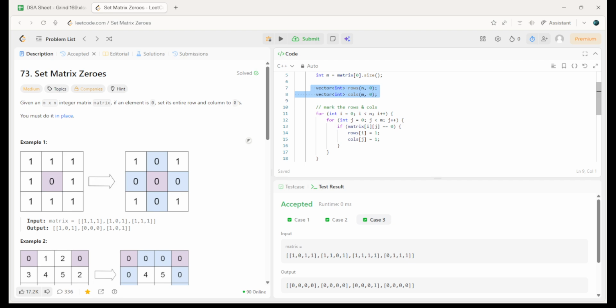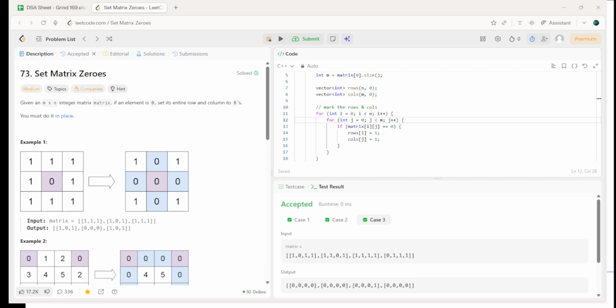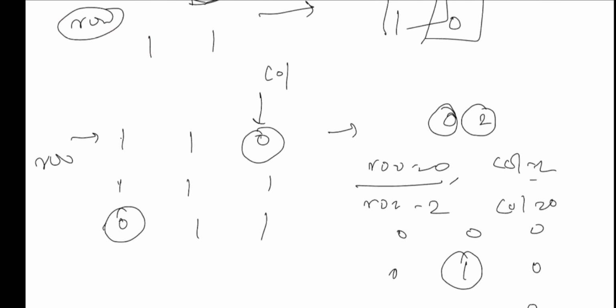For example, if I start from the 0th index, and again I start from the 0th index, I don't want to do the transaction as and when we find it. We want to do it separately, so that we won't be messing up the first column and first row. Though we are using the first row, the column should be different, because if we start with the same column again and again, then we're not able to do the find, as I explained over here. For example, if I'm finding 0 here, and if I directly mark it as 0,